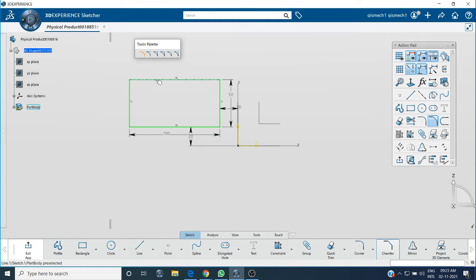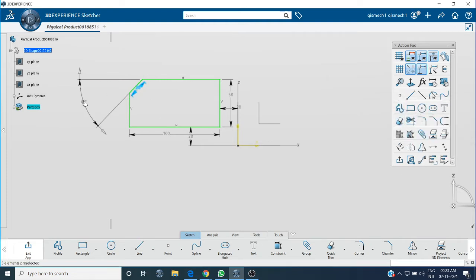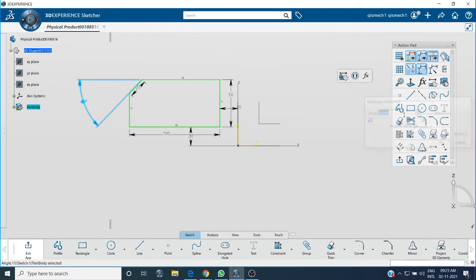So click on the chamfer tool, then select your first element and second element, and give the distance. Always remember in chamfer you will get one length. Let that length be 20 mm, and the angle let it be 45.